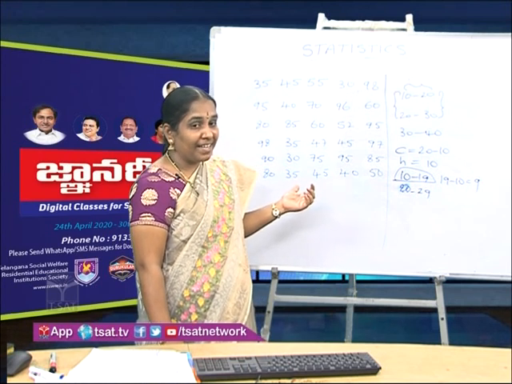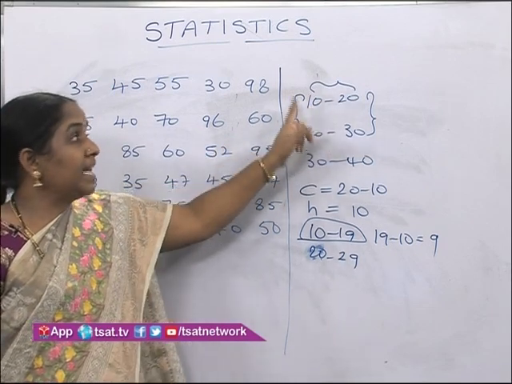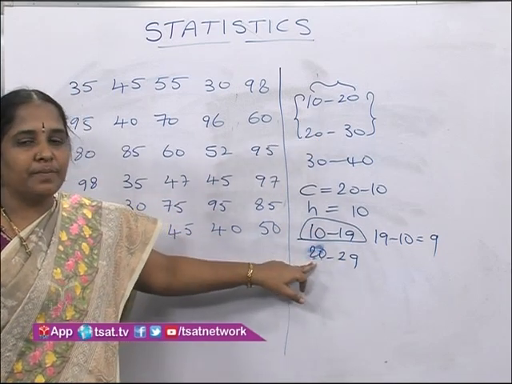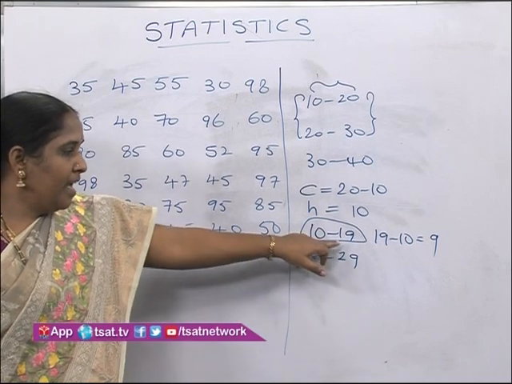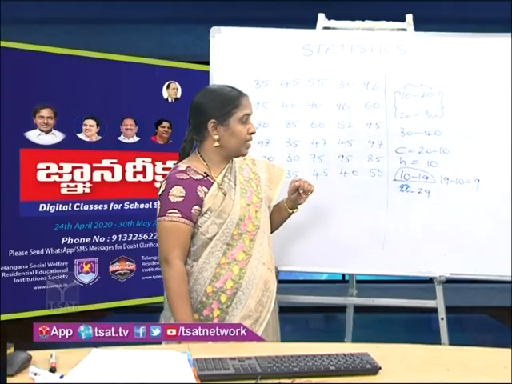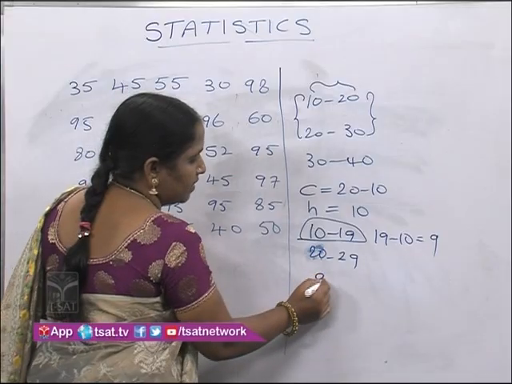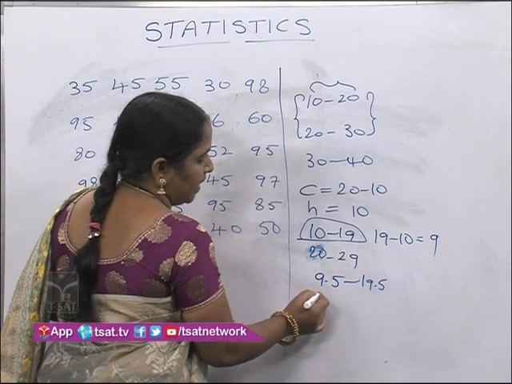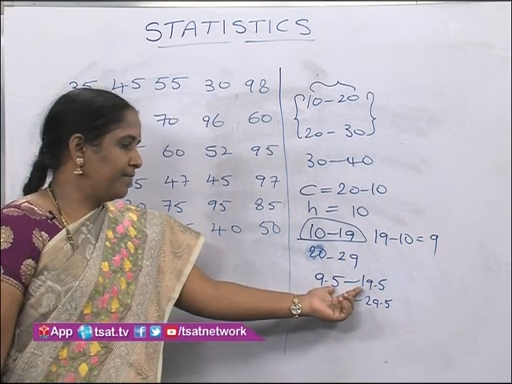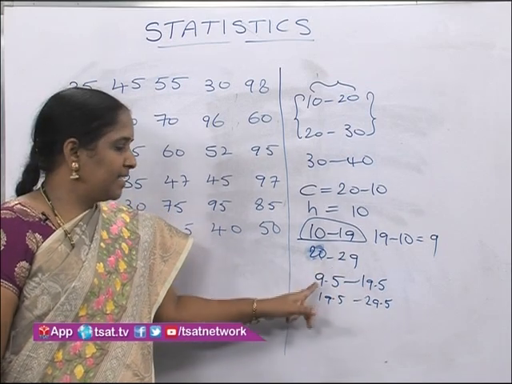No. Why? I said in the definition, difference between the upper boundary and the lower boundary of a particular class. If you consider a particular class, it is the difference between upper boundary and the lower boundary. Are these the boundaries? 19 and 10, 20, 29. They are not the boundaries, they are the limits. I have shown you just now how to find the boundaries. So if you write the boundaries for this, 9.5, 19.5, right, 19.5, 29.5. Now we have boundaries. If you subtract 9.5 from 19.5, we get 10, isn't it?